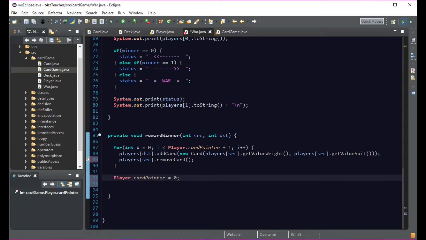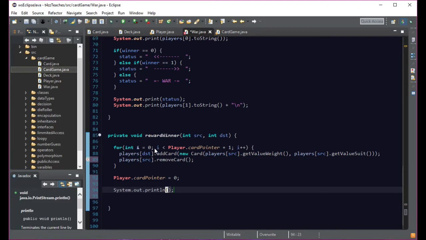Okay, then we probably just want to output stuff here. So like I said before, we could do it and return a message and have that message. It's actually better to do it that way, where you're passing a message. That way the people that are using your war.java class can actually modify what they want it to say exactly. But we're just going to do it this way. So we're going to say s out, and I think, oops, we're back into overwrite mode. And we want to say s out and maybe something like